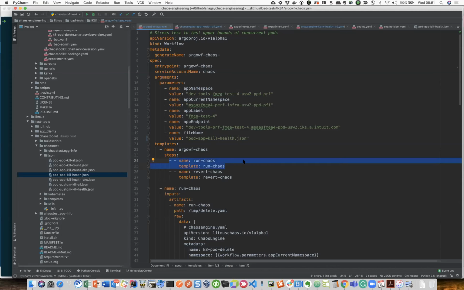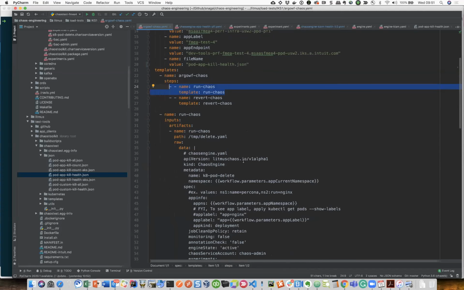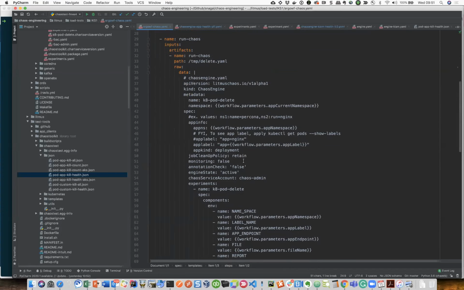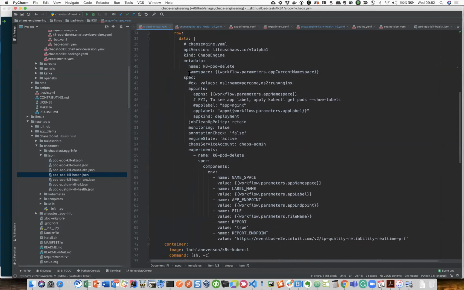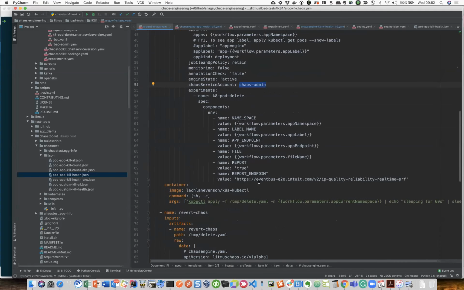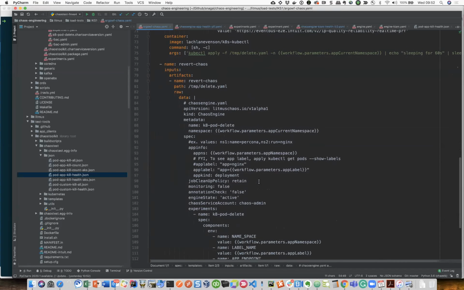Run chaos is nothing but one CR which we have submitted. This is the CR where we're defining a chaos engine, and a lot of things we have parameterized, and then here we are passing the admin use case, and the rest of the thing is the same. And then same thing, we are defining the different workflow.